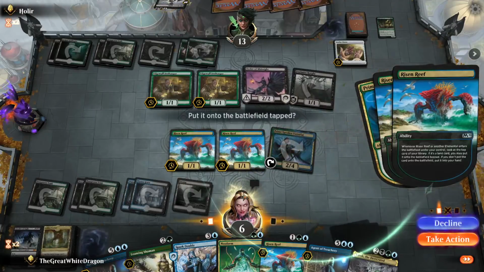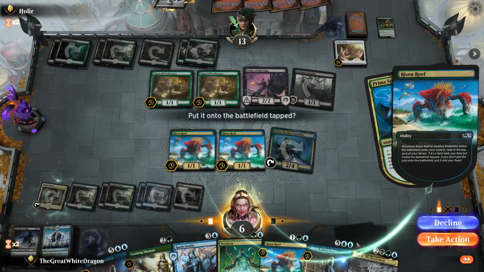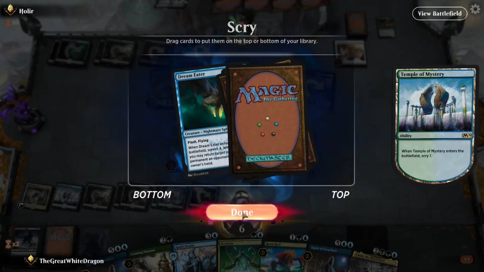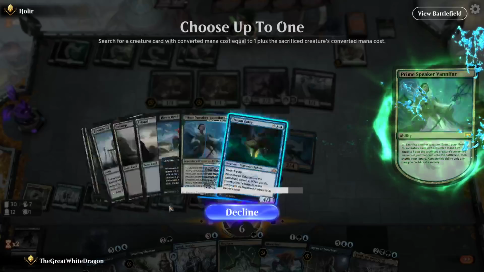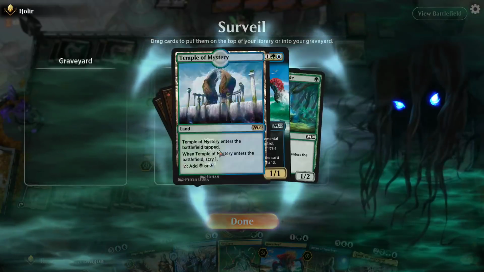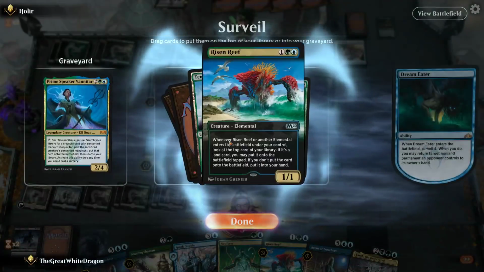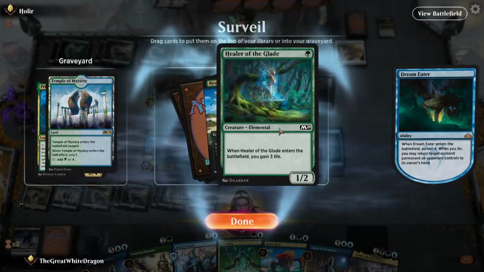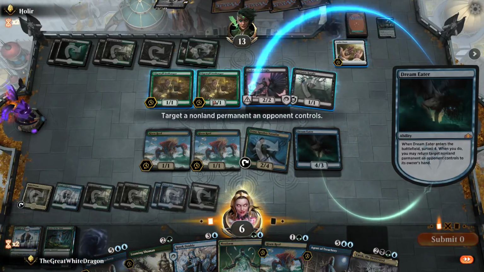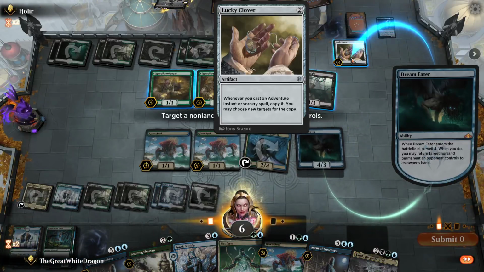We hope that we don't draw our Dream Eaters. Okay, that's actually really good because I exactly wanted those. Oh, no. You go down under, boy. Okay, and then we do this. And then we see what we want. We don't want a Jennifer, we don't want the land, but we do want the Healer of the Glade. And now we force him to take back...